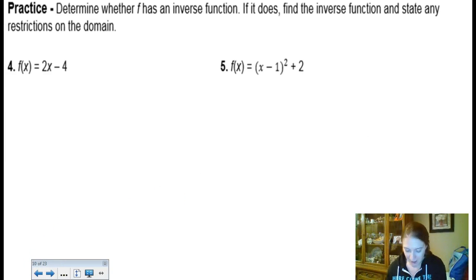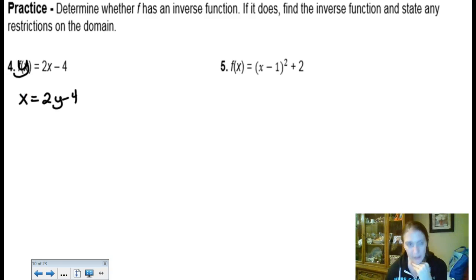It won't be. All right, so first, confirm if the inverse is going to even exist. So this is another line, so yes, it'll totally pass the horizontal line test. Keep in mind, if it's the line y equals 0, yes, that's a line, but it's the 0 function, that is a horizontal line. So, or y equals anything. So those wouldn't work, just be careful there. But this line would, and if I remember, this is really a y, right? So if I switch the x and y around,